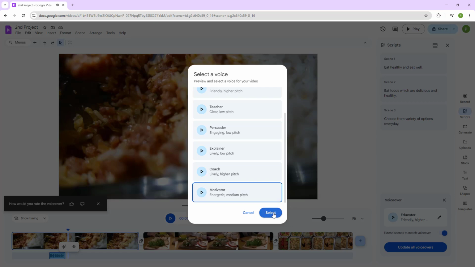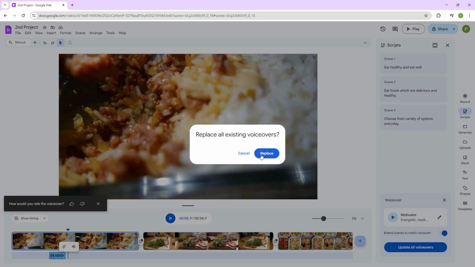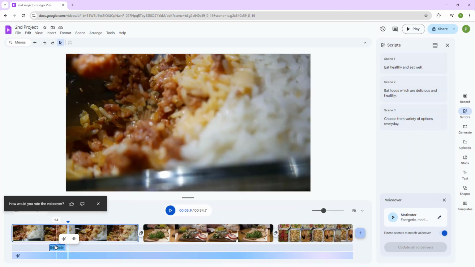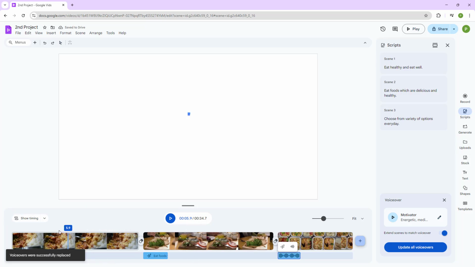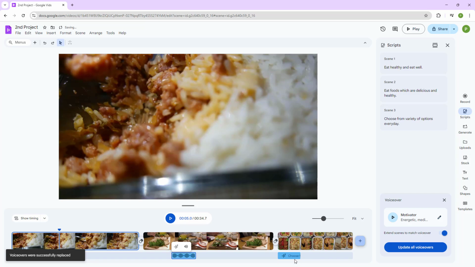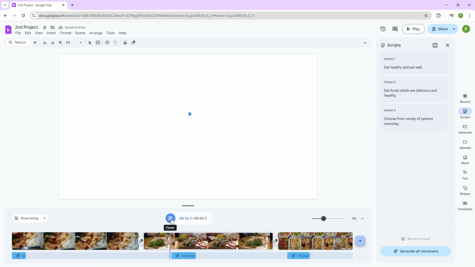So I'm just going to select motivator and select it, and then click on update all voiceovers because I want to replace the existing voiceover as well. So once I go ahead and do that, it simply goes ahead and adds in multiple voiceovers right here as separate audio files. So if I were to press the play button now,